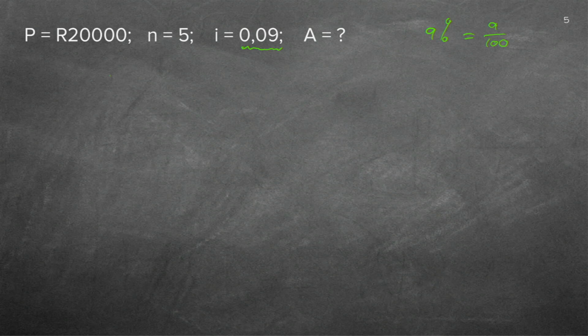So we write down the formula. A is equal to P, 1 plus I, N. Good. All on one line is very simple and straightforward. Remember, when you do a substitution sum, we rather prefer to put all the values in empty brackets. So because I want the A, I'm just going to leave the A there. The P was 20,000. 1 plus the I was 0.09. And the N was 5.